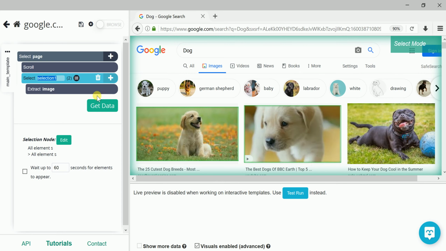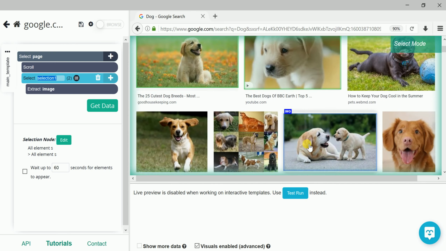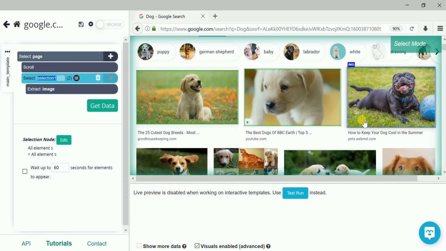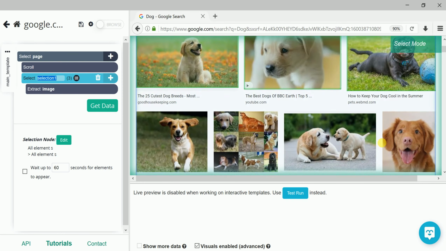See, sometimes what happens, normally after selecting the second image, it should select all the yellow highlighted images. It is not happening here. Sometimes it will not happen. In that case, you need to select the third image also. You can see the count is only 3. Even other images are not selected.